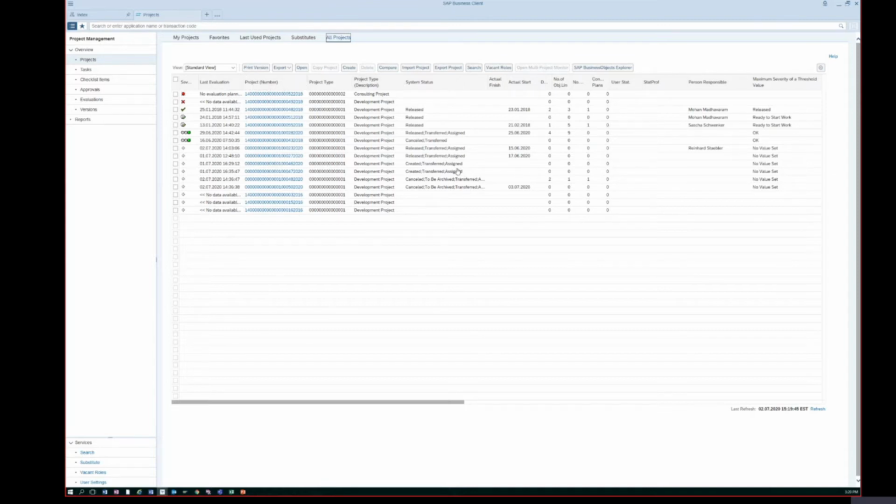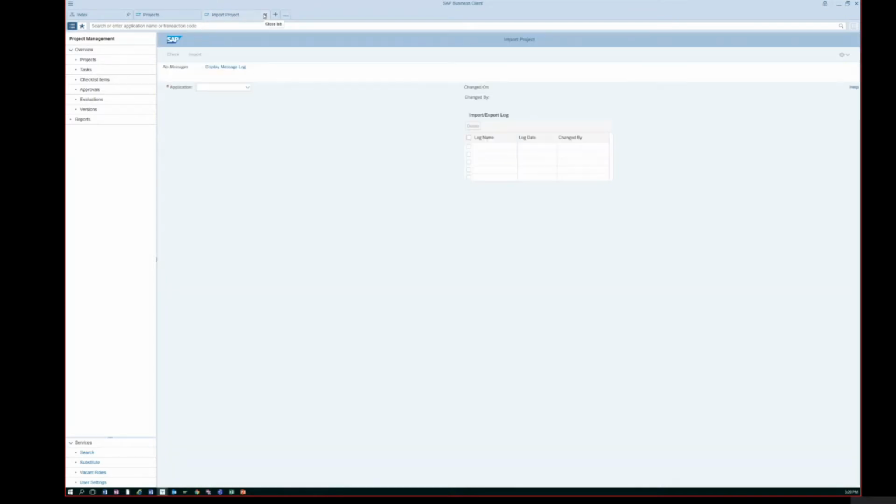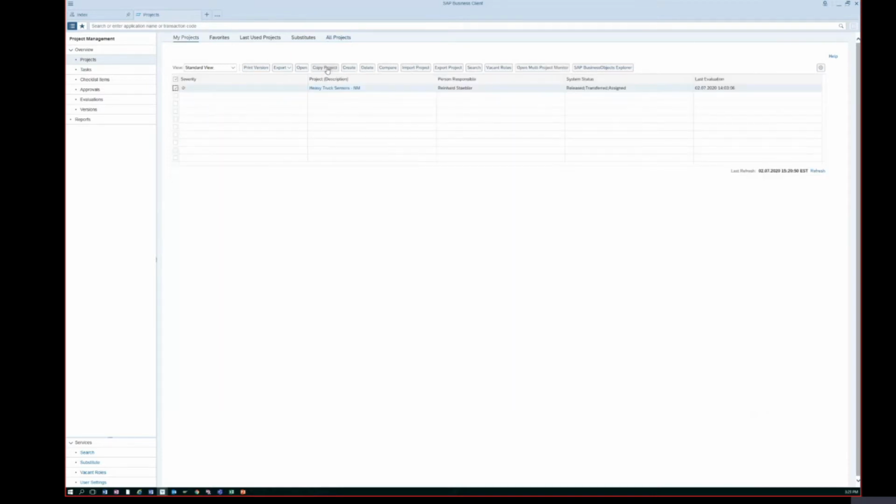There are different actions a user can do on this dashboard. For example, he can open, copy the project, create, delete the project, import, export from MSP, or XML, etc. As you can see here, once I click importing the project, it takes me to the options wherein I can either import an XML or an MS project. Going back to my dashboard, click on this. I can copy the existing project, that's one option, or I can choose to create a new project, and it will allow me to